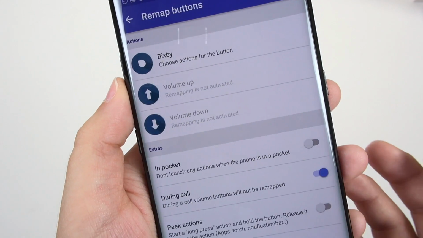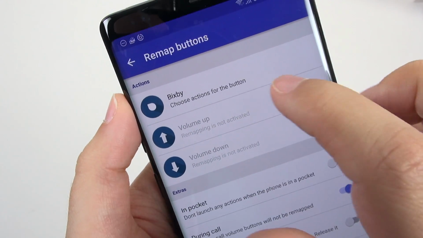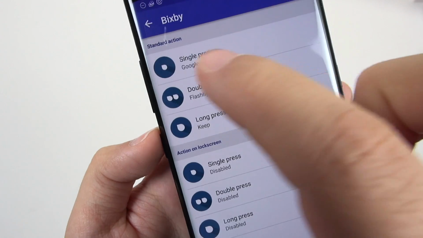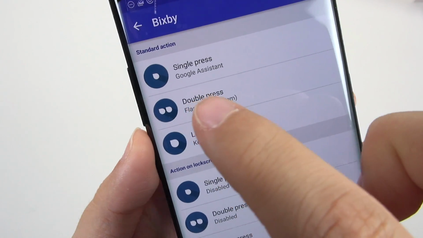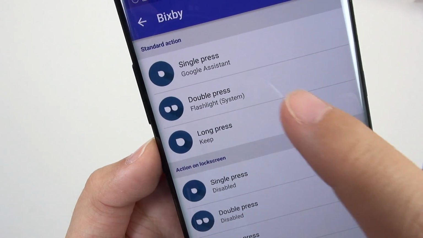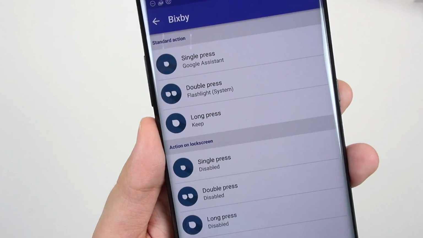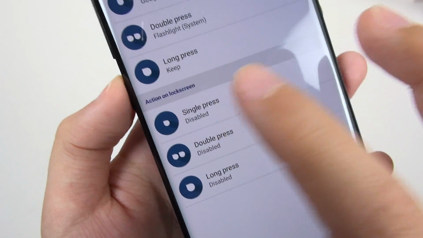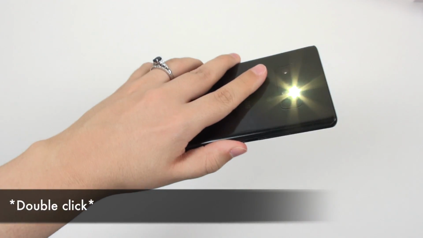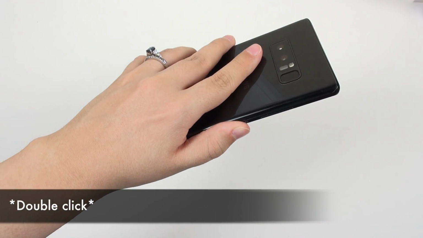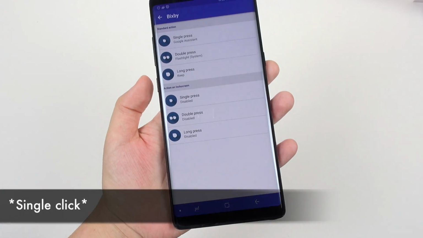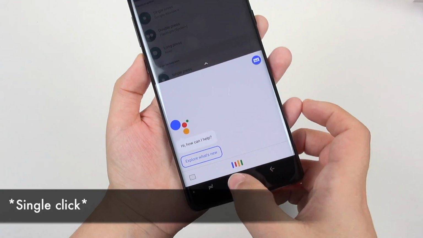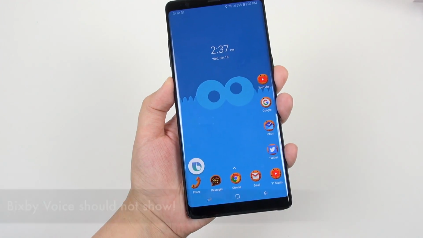Let's look at my actions. Choose actions for the Bixby button. So I've got the Google Assistant here now on single press. If I double press it, it's going to open the flashlight. If I hold down for long press, it's going to open Google Keep. You can also do things for lock screen as well. So when I do this, there you go. And there you go again. Click right here. There's the Google Assistant. If I hold it down,